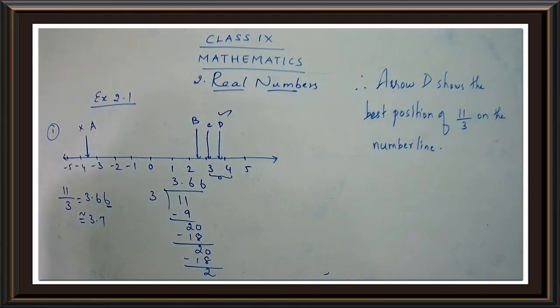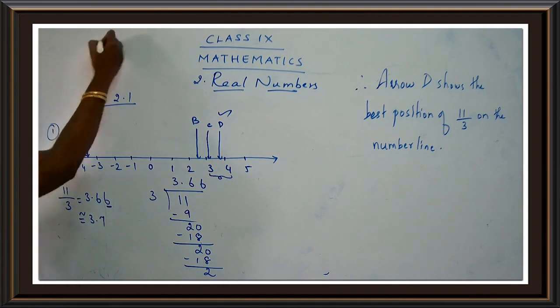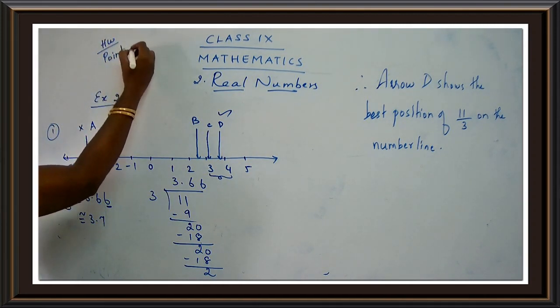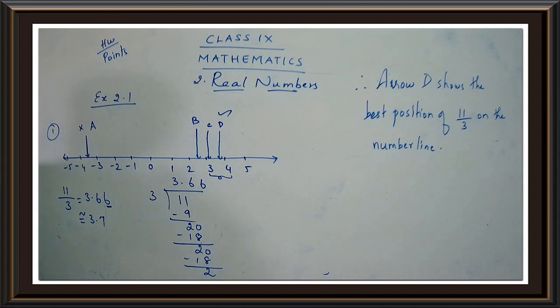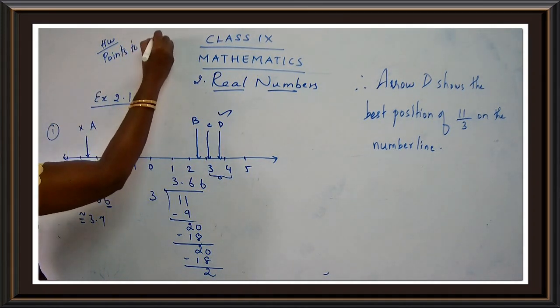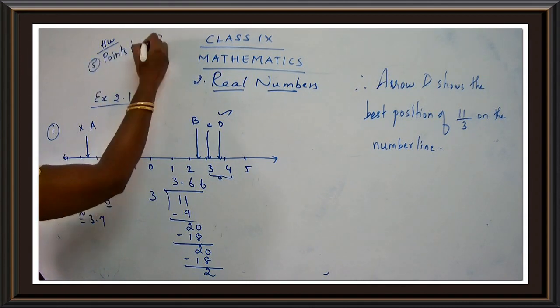Okay, children, now it's time for your homework. Let's state some of the homework points over here. Your homework is to write down all the points. I have given you around 6 points. No need to write down the 6th point. You have to write down the first 5 points. That is, you have to write down about natural numbers, whole numbers, integers, rational and irrational numbers.